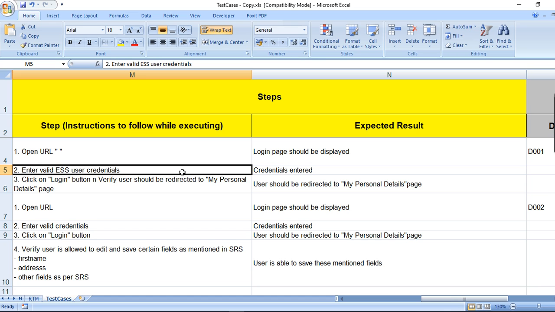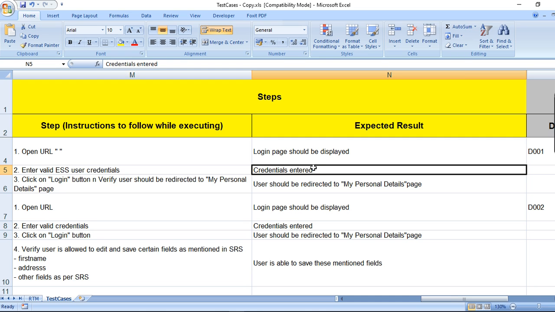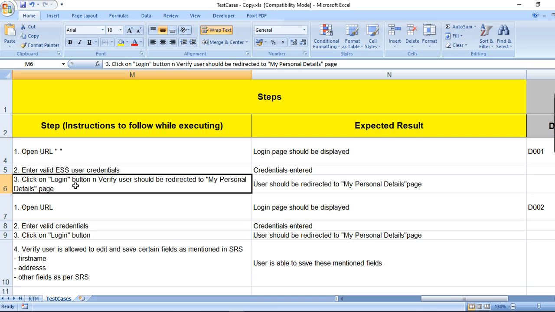Then he will go back and then in the browser he will enter valid credentials, ESS user credentials. Okay, he entered, so that is expected. Then he will perform this action and he will say, okay, what do I want to verify? I want to verify whether user is redirected to the my person details page or not. And if he is redirected,